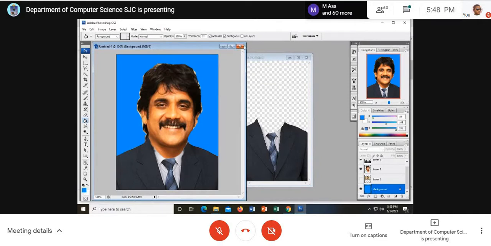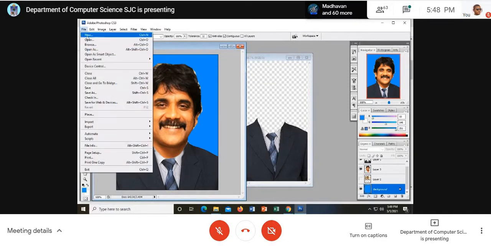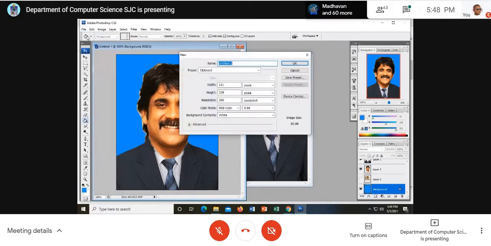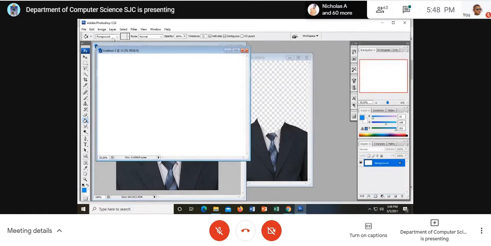Now what do I do? I have defined it. Go to File. What is the basic file size that should be used for printing, for the photo lab? 6 into 4, sir. Yes, 6 into 4 is the usual size. 8 by 10 can also be used according to your need. I'll just go for 6 into 4.